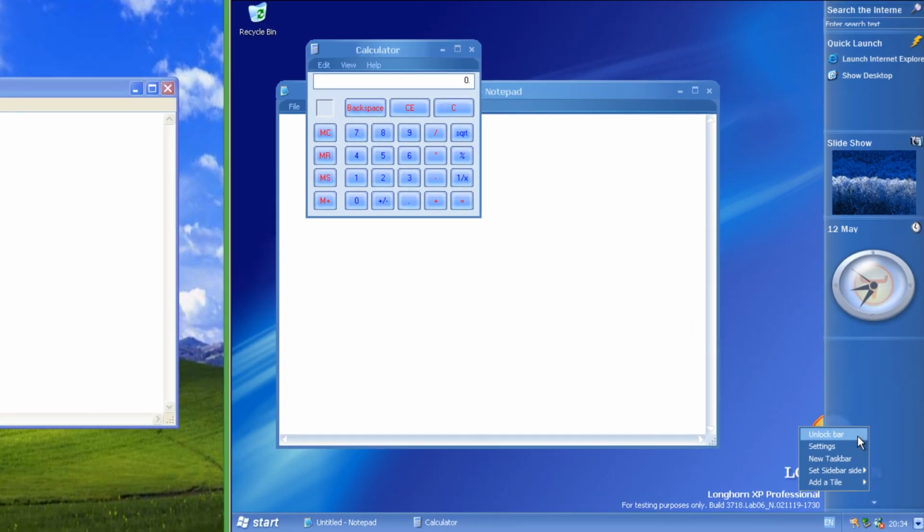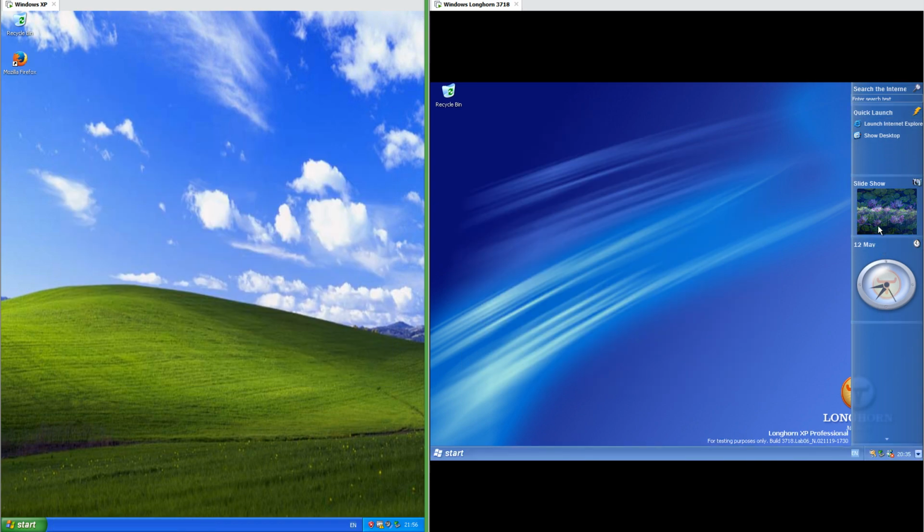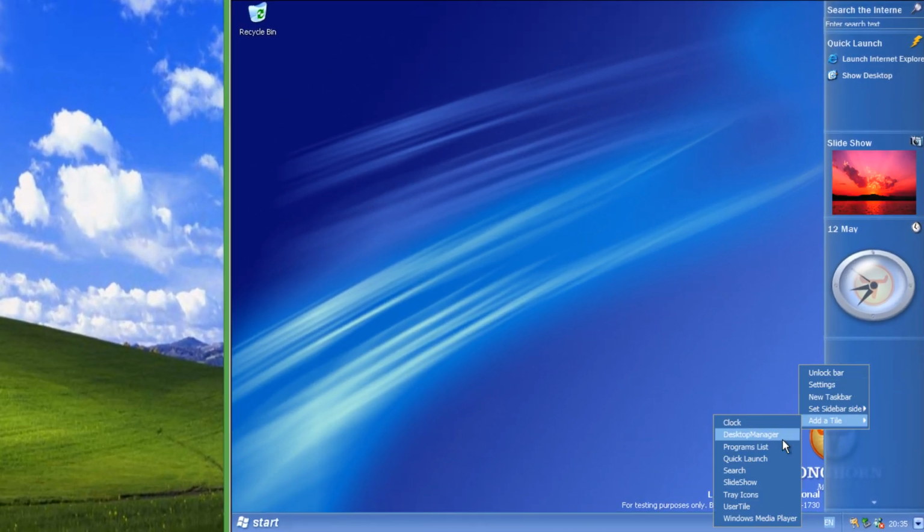In Windows Longhorn there is an option to enable the new taskbar, which centers the running programs, makes the logo on the Start button bigger than the taskbar and hides the taskbar clock and notification icons. In Windows Longhorn there is a sidebar at the right which you can show or hide using the button at the right of the taskbar. The sidebar is semi-transparent. You can add gadgets to the sidebar.